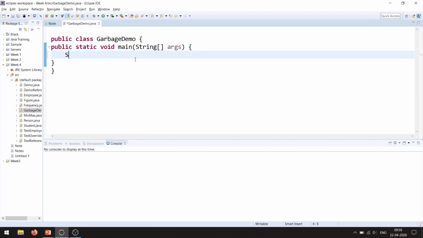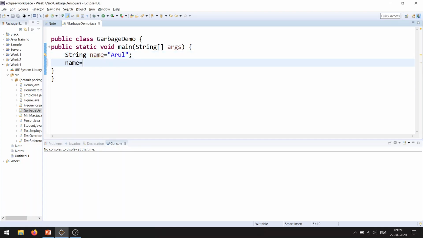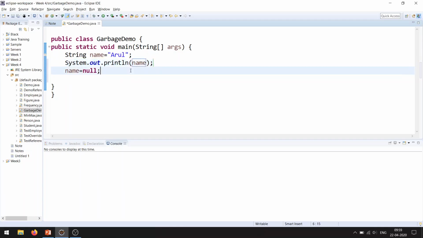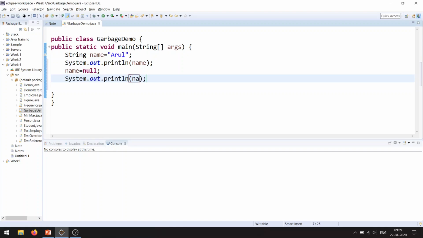So I'm going to have a main method, right? Here I'm going with a simple string. In the next case I'm assigning it null, right? Now in this line I would like to print name, and after the null assignment I would like to print the name reference, right?